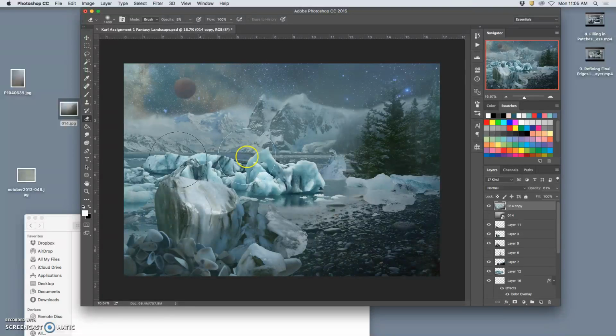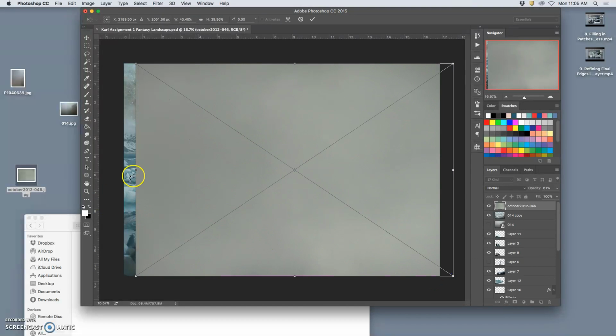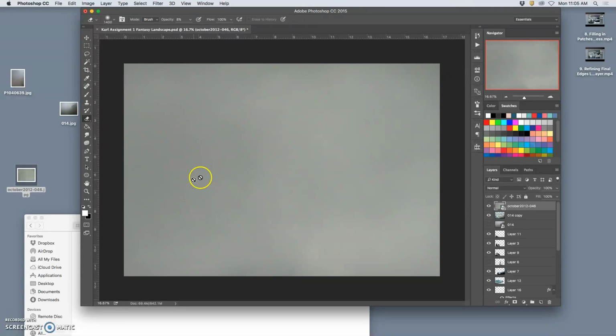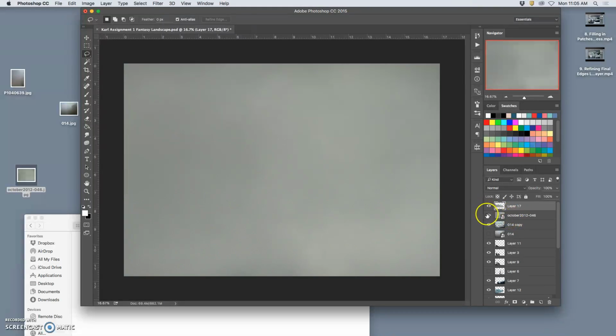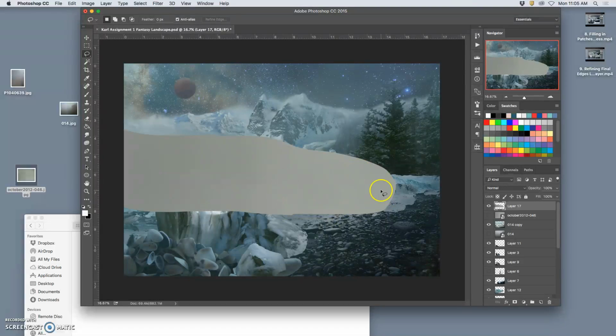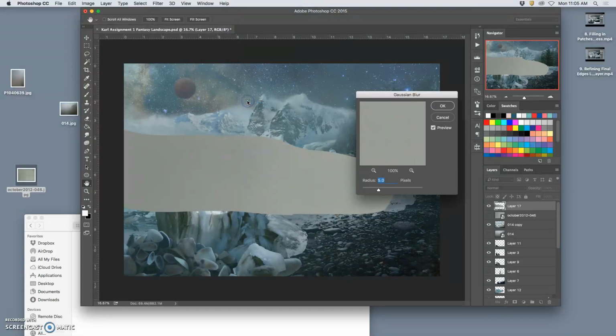Now, what if I want to add a little bit more texture in this middle? Well, I can bring in another texture overlay. Stretch it over the whole thing. But this time, let me turn it off for a second. I'm going to lasso just around the element that I want it to cover. So there we go. And then I'm going to duplicate from there. And I'm basically going to make my cloud out of this flat color. Then I go to Filter, Blur, Gaussian Blur, and I can make my own